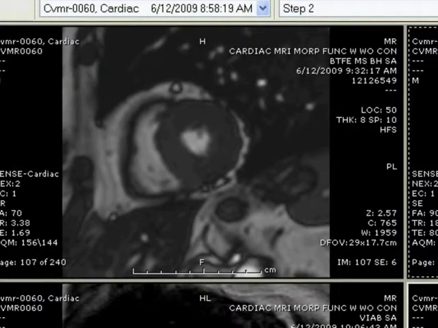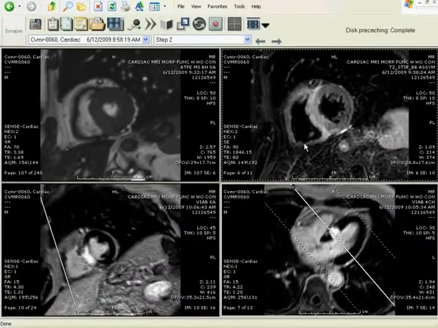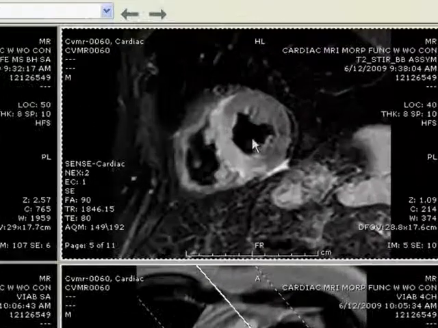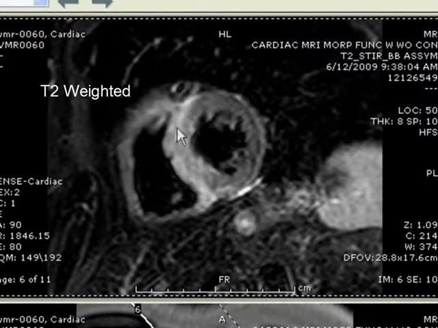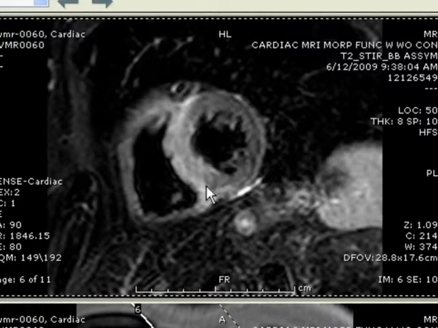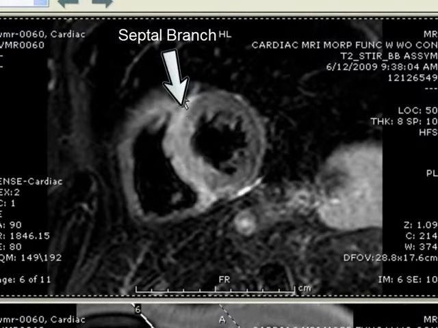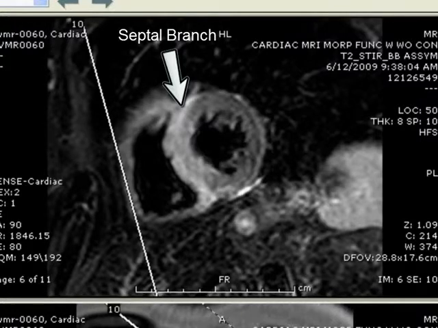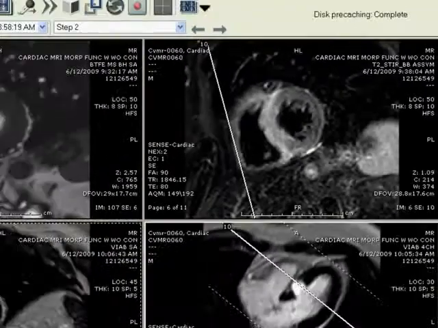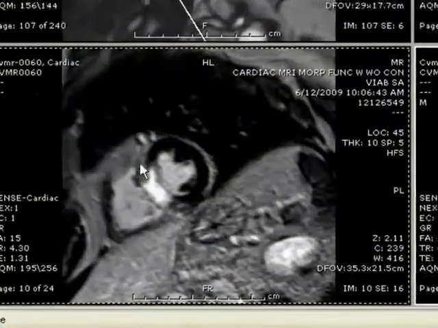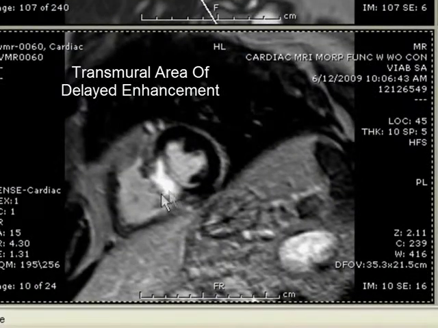When we look at tissue-weighted imaging, we can see in the same area of the wall motion abnormality there is this transmural area of hyperintensity, which correlates with an area of myocardial edema, and that is in the distribution of the septal branch of the LAD. So large area of myocardial edema, which also correlates with this transmural area of delayed enhancement,